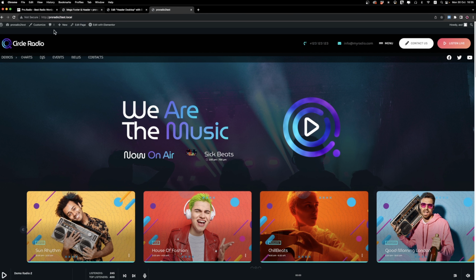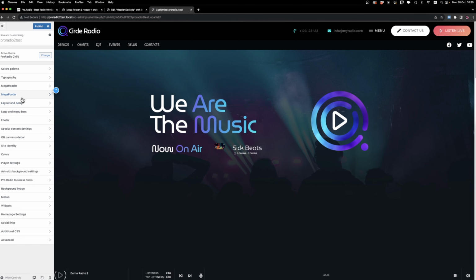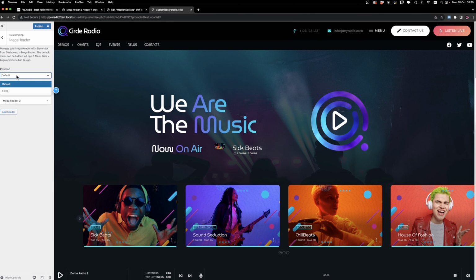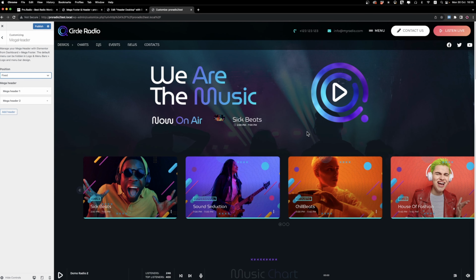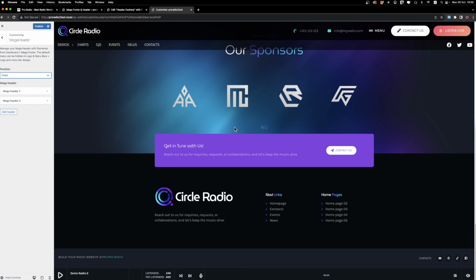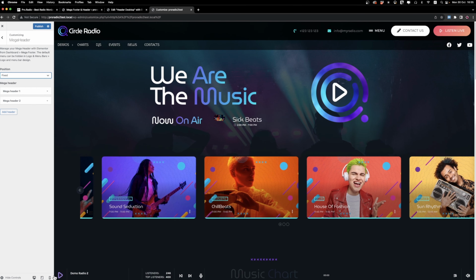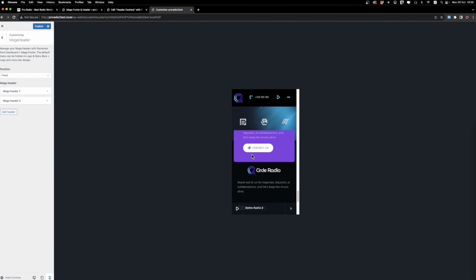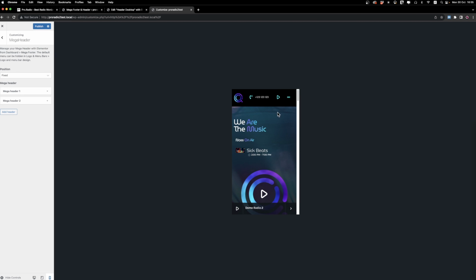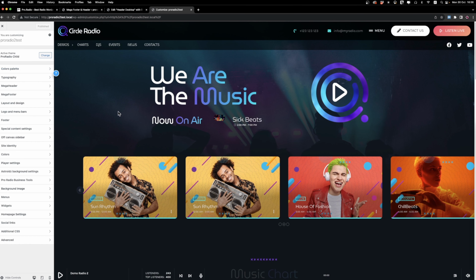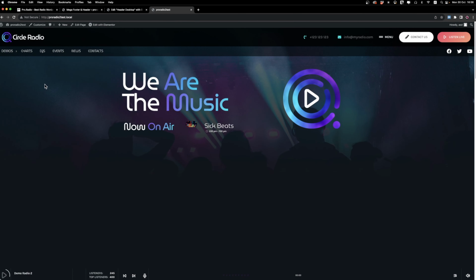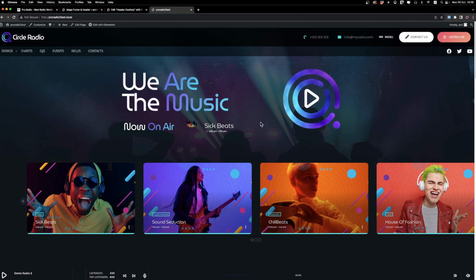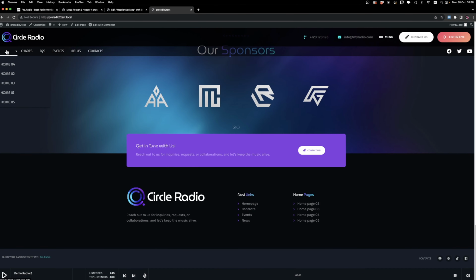Finally, if you want it to be sticky, you can go to Mega Header and set the position to fixed. As you can see, the header is now fixed. And this is everything. Remember to publish your changes, close the customizer, make sure everything looks as you want,